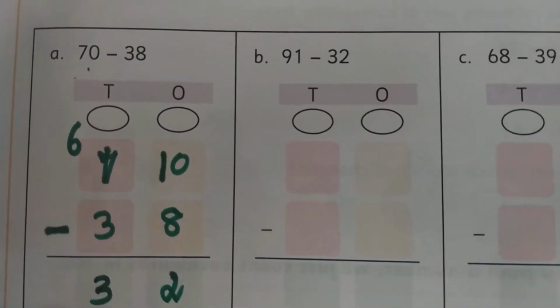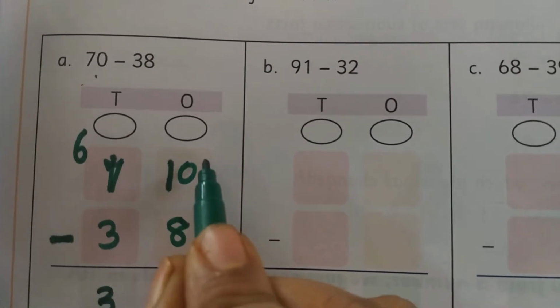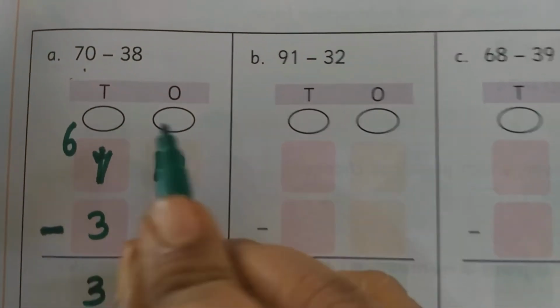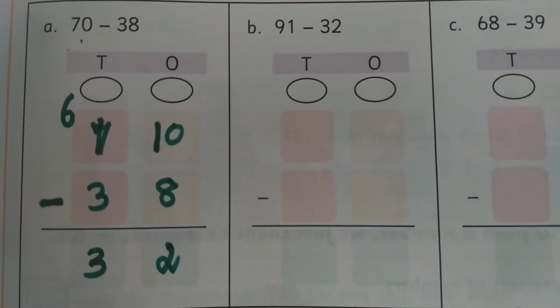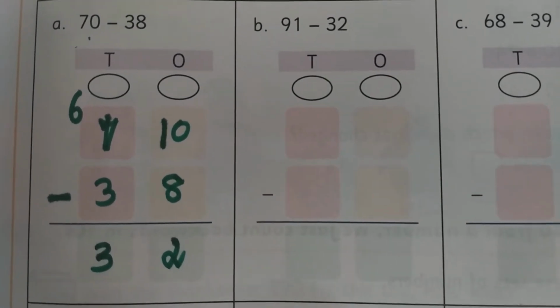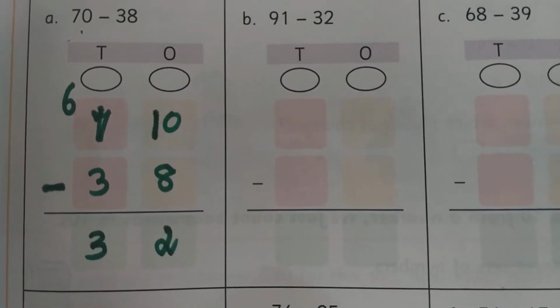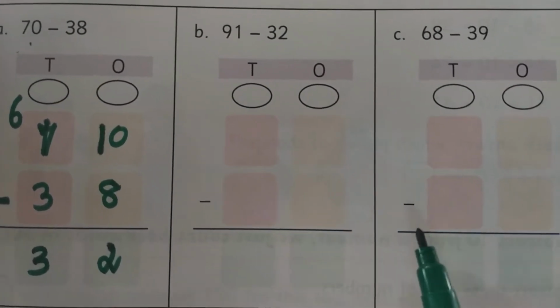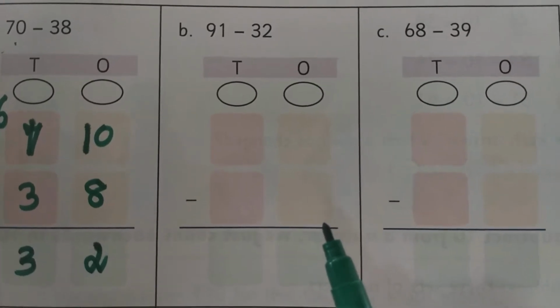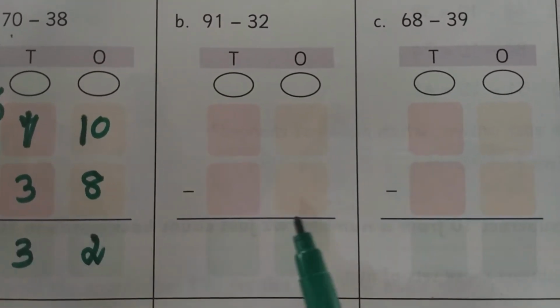Like this also you can do. Otherwise you can draw the 10 lines on the side and strike out 8 lines. In the last session I have shown you. Like that also you can do. It will be easy for you. Okay, yes. See, the remaining 2 sums you have to do by yourself. Sit along with your parents and do it by yourself.